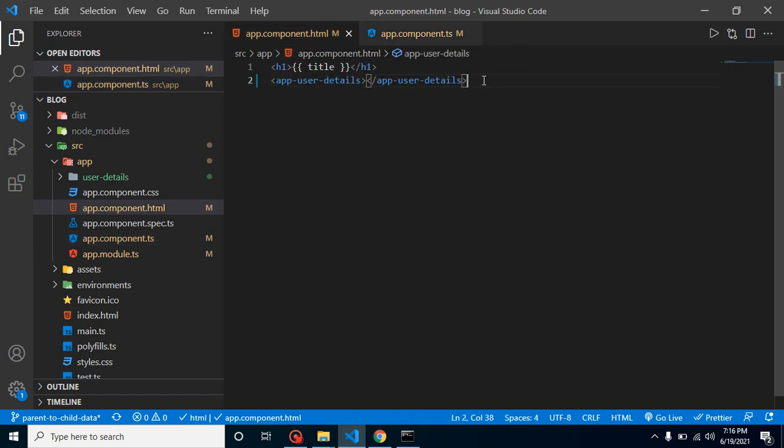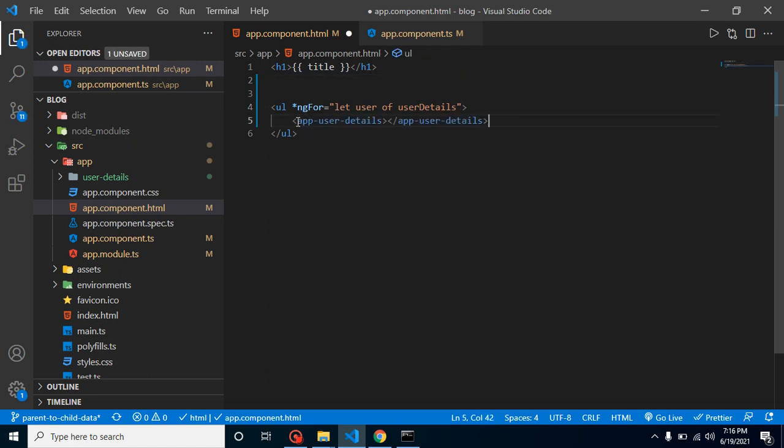Let me add a ul, and with the ul just simply use ngFor, and let's put let user of userDetails, and inside it we can simply use our user detail component.